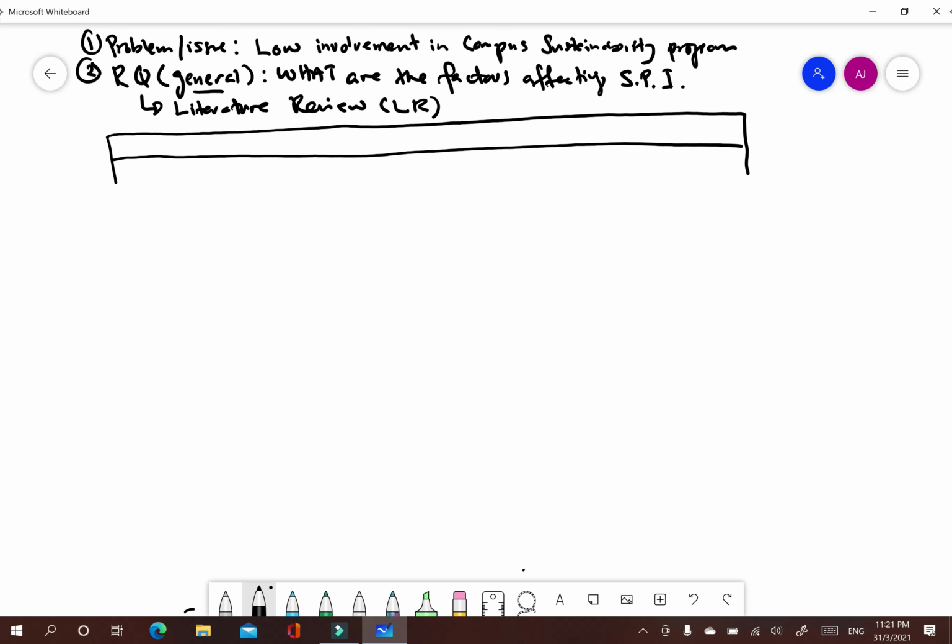Here the author, the objective of the study, you can put it here, and then here the construct or the variable